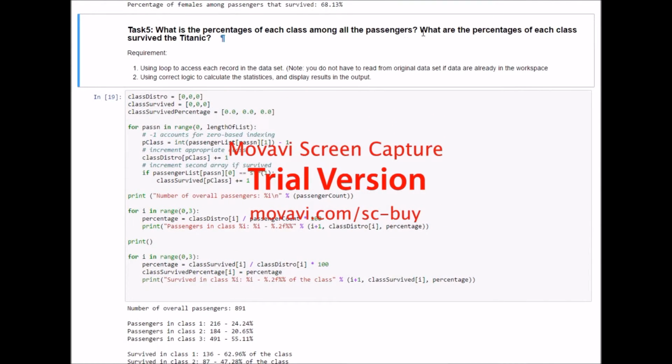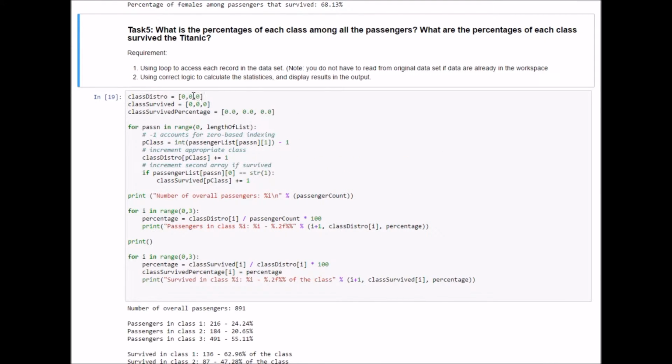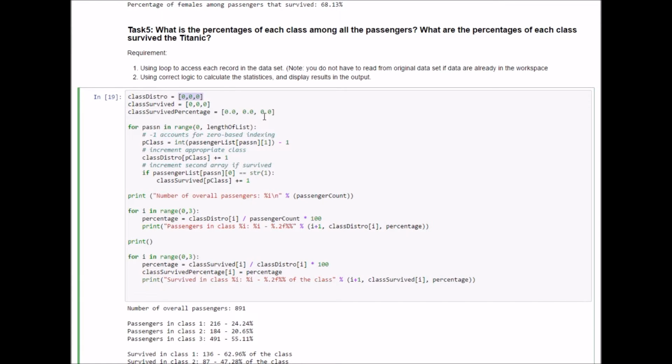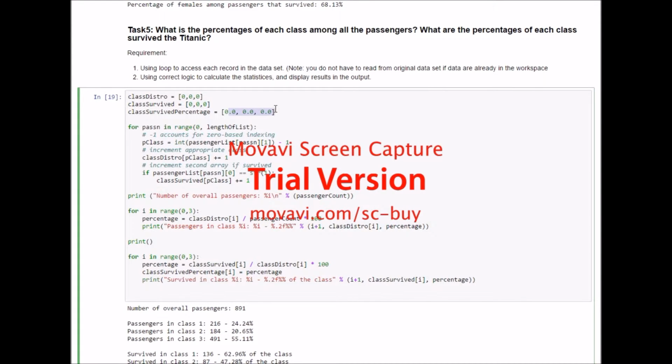Basically, it's asking about distributions, so survival rates among the different classes. I decided to use separate lists here. Probably could have used one nested list system, but it's got three separate ones. This one's storing three ints, the same here, and then this one's storing floats because it's going to be percentage values, whereas these are just counters. So basically, for each of these, we iterate over each of the passengers in the list and then increment them